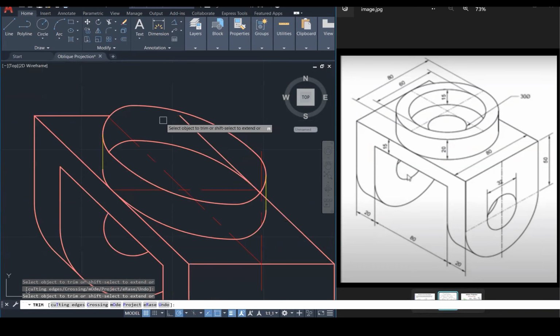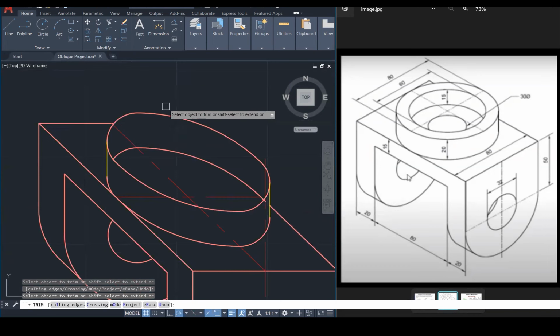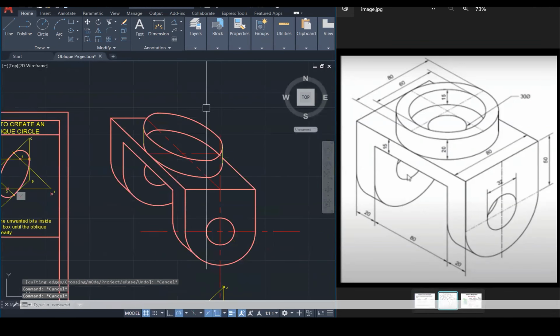And let me just trim back here because we wouldn't see these. We wouldn't see this there. What else we wouldn't see? So just leave that there for now. There might be more things that need to be trimmed, but just leave it there for now. So we got in that circle, which is 80. Now we need to put in the circle